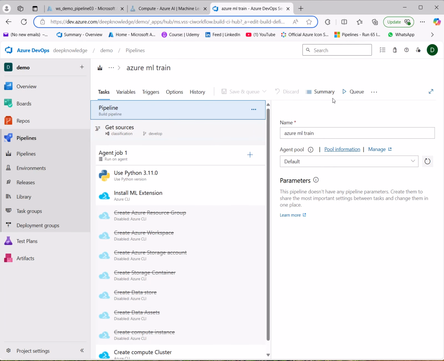By the way, when I create this, I just click queue or save and queue. This is only for a demo. In real development, this will be triggered automatically when we have some new development, let's say a merge into the develop branch. But this I will try, by the end of this course, to make an end-to-end project with this stuff.